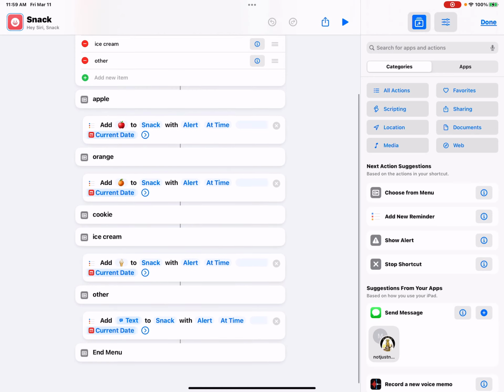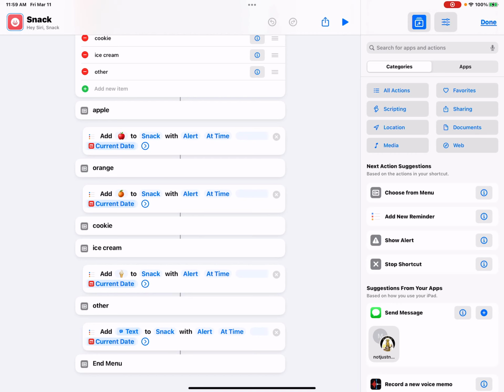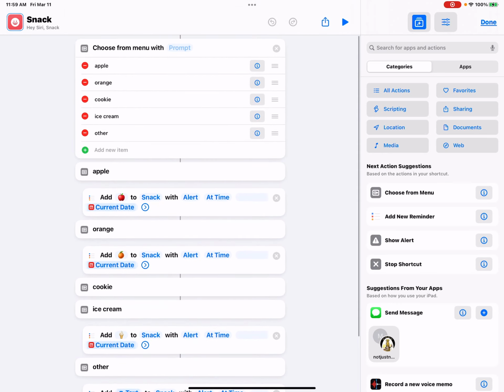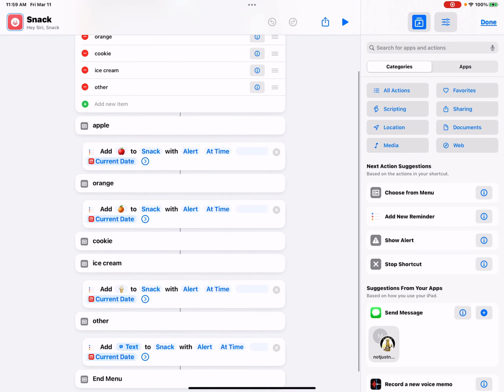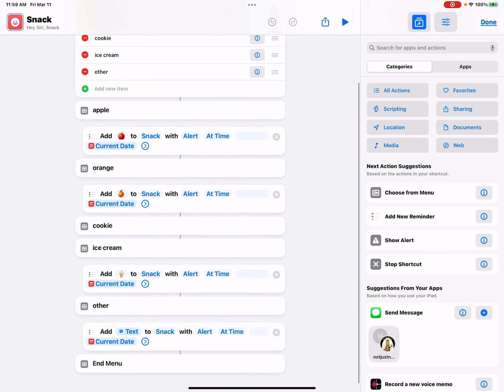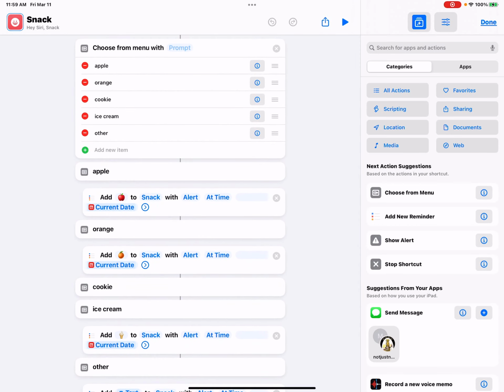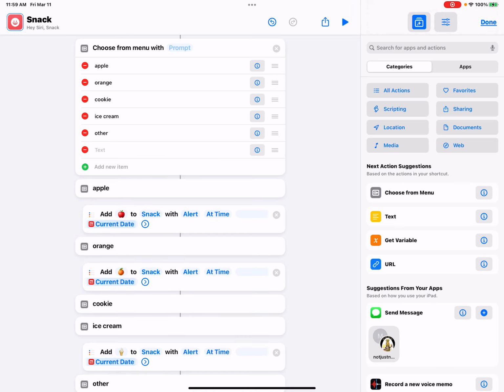Okay, so again, I'll be happy to share this with you, but you would have to change what your options are, obviously. And it's simple enough. Just duplicate it and then make the changes to the text. If I want to add one, down at the bottom, see it says add new item. So I can add,